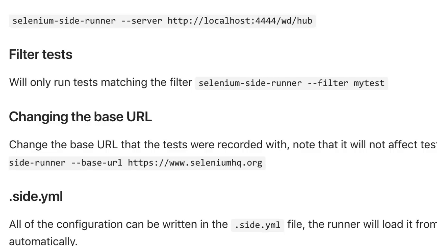So I just want to say kudos to the original creators of Selenium IDE, also the people that brought it up to speed with the new development environments that we're all used to, and to Applitools and everyone that's worked on it recently to bring it up to speed with modern functionality.